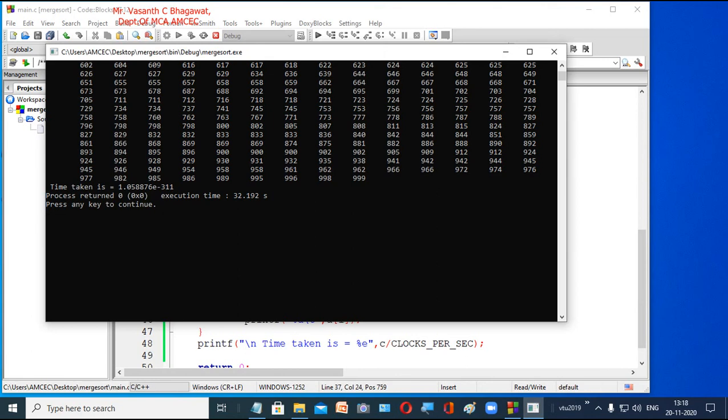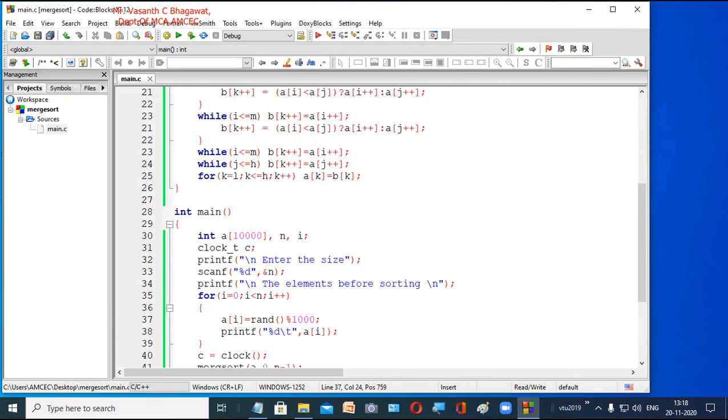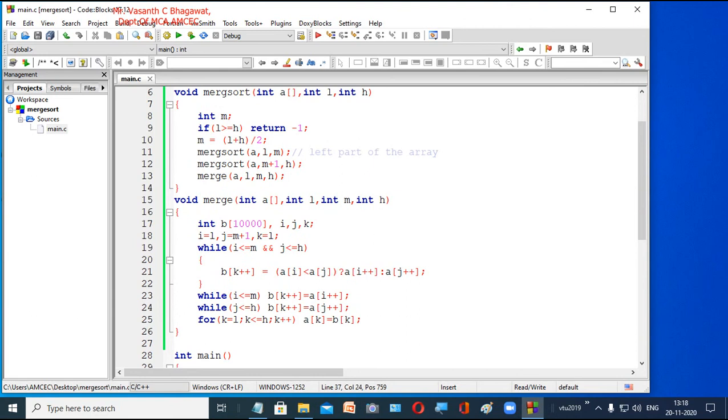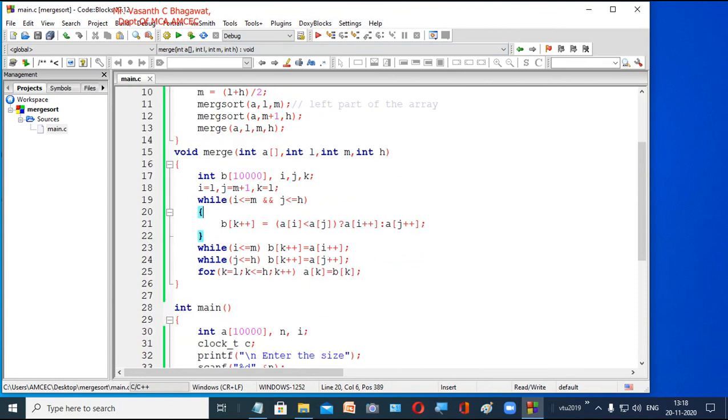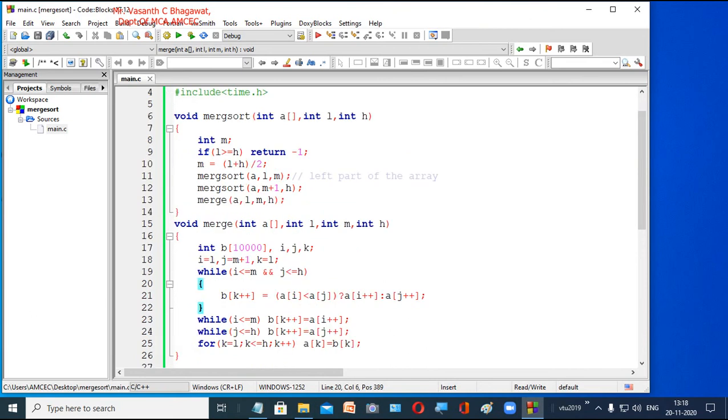Okay, so this is our program for merge sort. If you look here again, it is a very simple program, and as we have discussed in the theory, the same algorithm we have implemented as instructions. Understand the logic, understand the algorithm, then try to write the program once or twice, then start typing the program. Once you get the output, delete the whole program and retype it, so that you try to